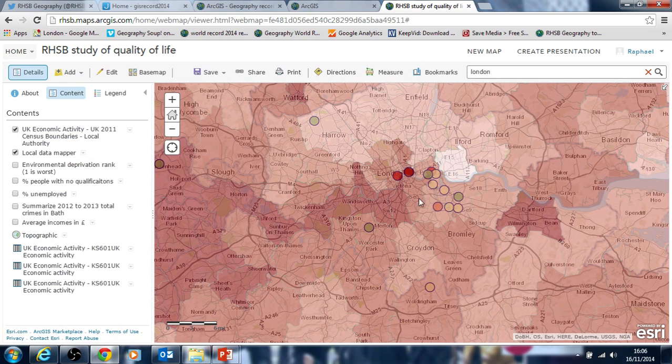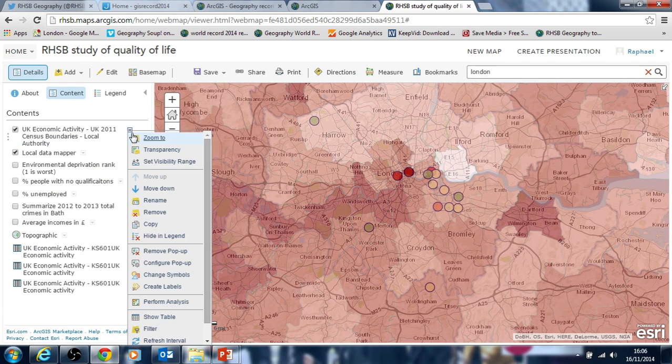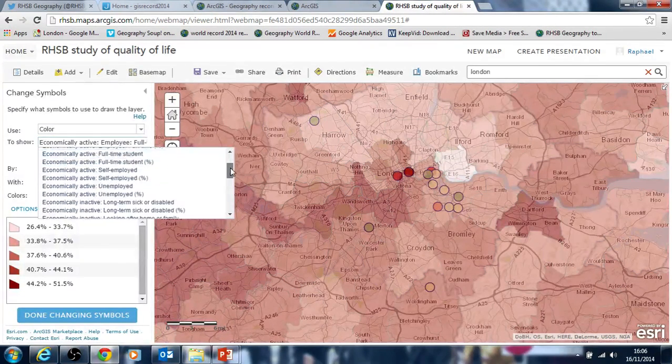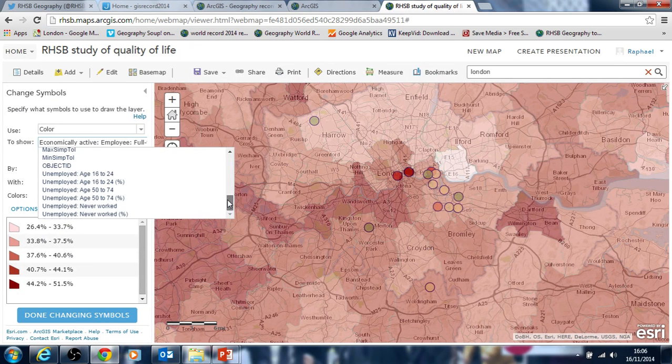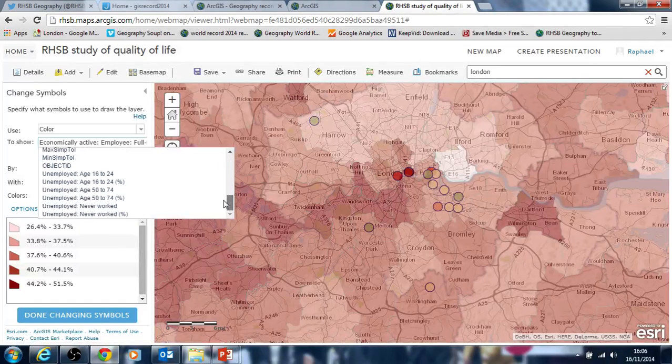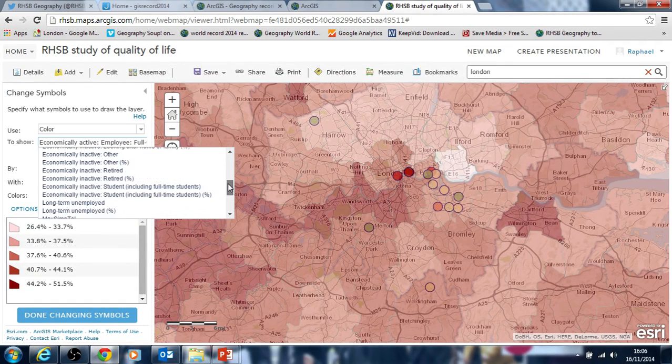So what I wanted to talk about next, very briefly, is that you can change the symbols on a lot of these layers depending on who's produced them, where they've come from. So I'll just show you here that at the moment it shows that this data was based on full-time workers. I might go, okay, I'm interested in something else to pick from this list. I might, rather than have total numbers, have percentages, so it's easier to compare areas. So if I scan down the list here,